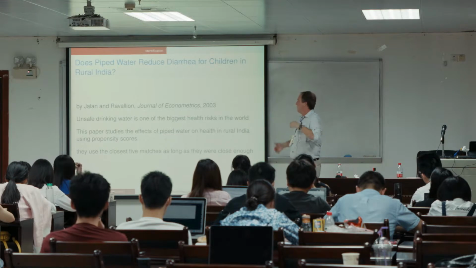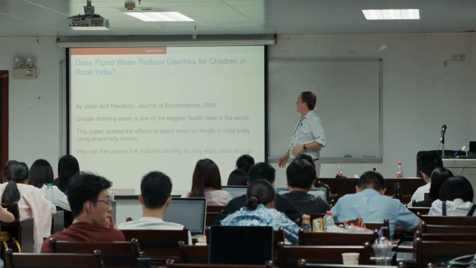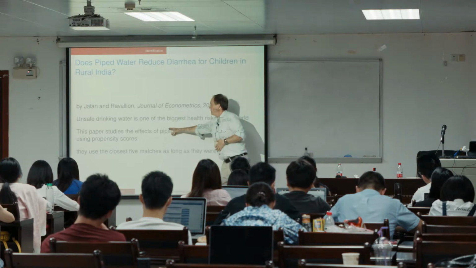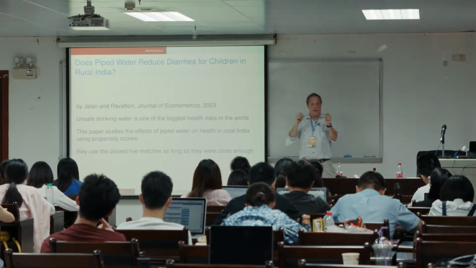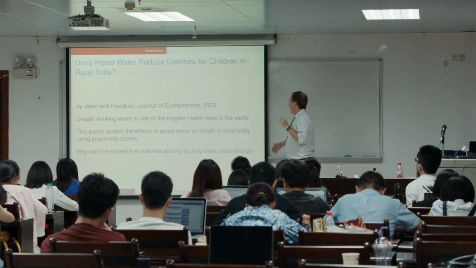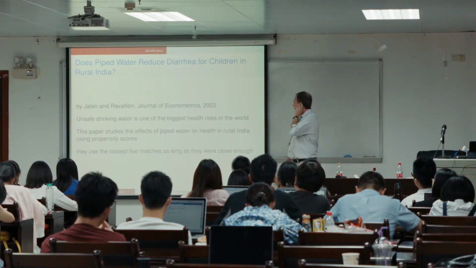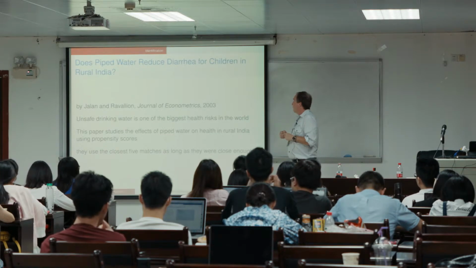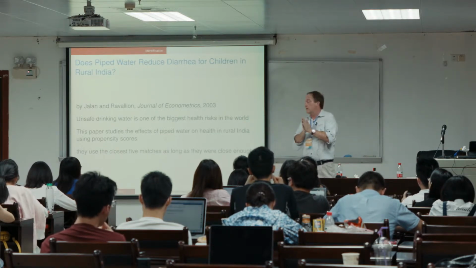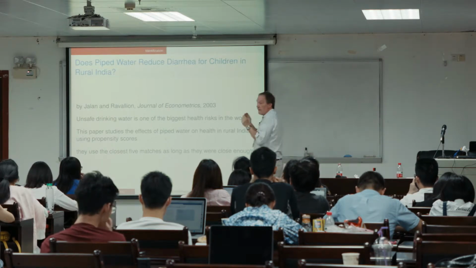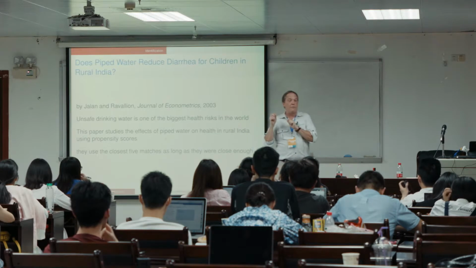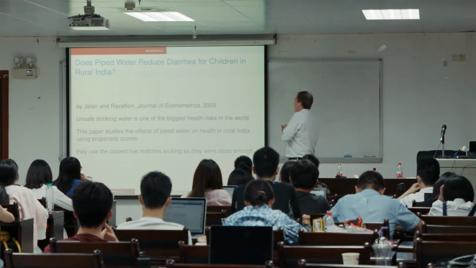So we're worried about having access to clean water. And in particular, this is studying whether kids in India who have access to piped water are relatively more likely to get diarrhea. Okay, so what they're going to do is, but unfortunately, they didn't run a randomized controlled trial. They had to look at the data that they had. They didn't have any really nice variation, so they know a lot about these kids. They're going to use propensity score